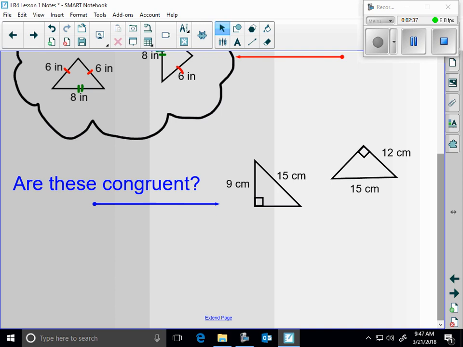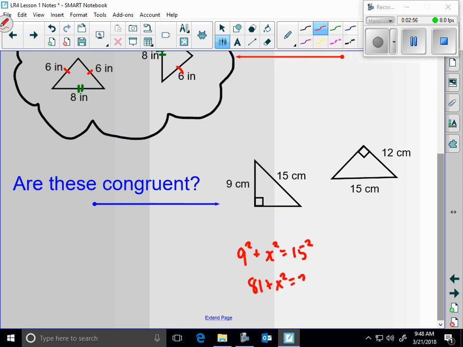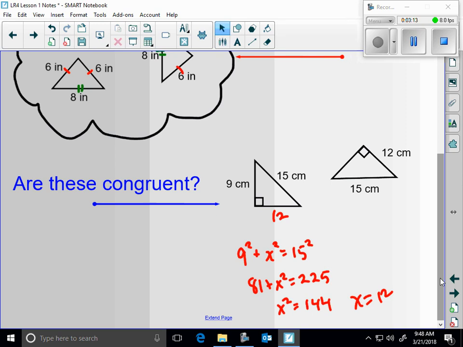Based on what we just said? No? I say yes. Because Pythagorean theorem, if I use Pythagorean theorem on this one, 9 squared plus, let's call this x, x squared would equal 15 squared. 9 squared is 81. 15 squared is 225. If I subtract, oh, look at that. What does x equal? 12. Oh, snipe, snipe. So if I did Pythagorean theorem over here, what would that side be? 9. Therefore, yes, they are congruent